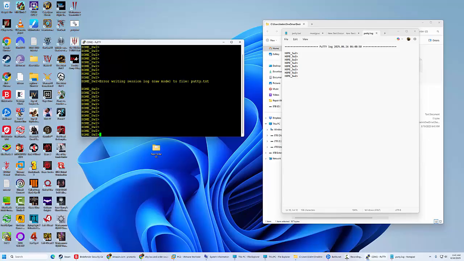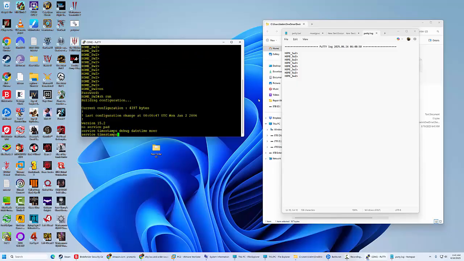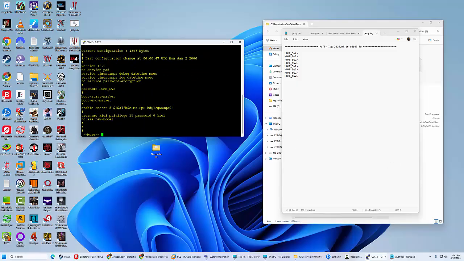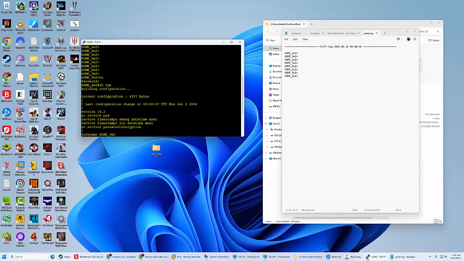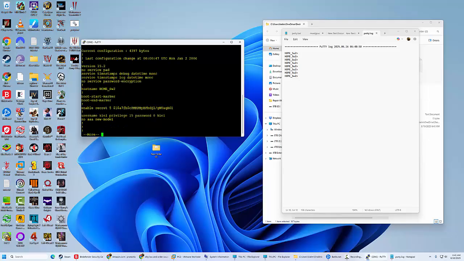Now, here's another thing. I want to save my configs. So I'm going to go ahead and say show run. Now, it only brings up how many lines? Okay, well, 1, 2, 3, 4, 5, 6, 7, 8, 9, 10, 11, 12, 13, 14, 15, 16, 17, 18, 19, 20, 21.